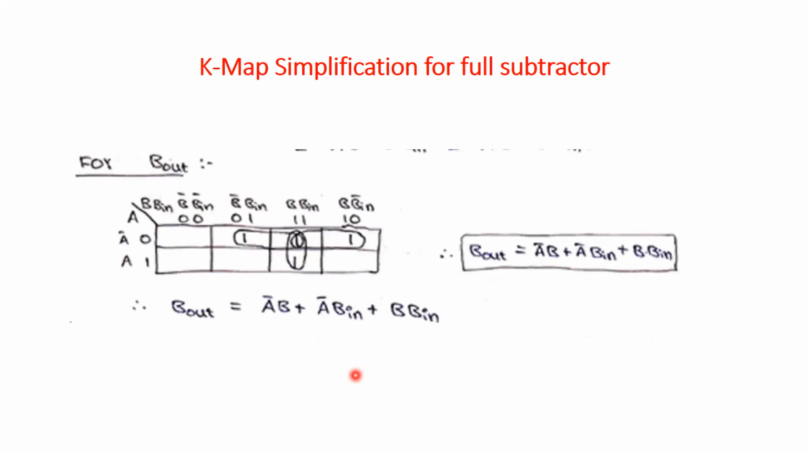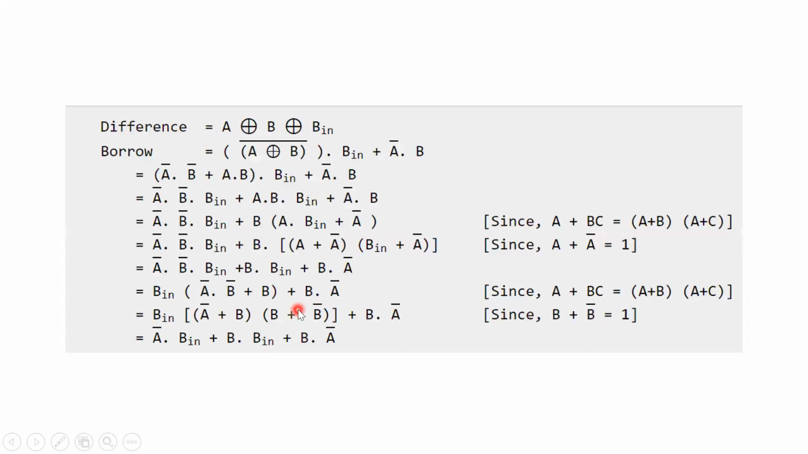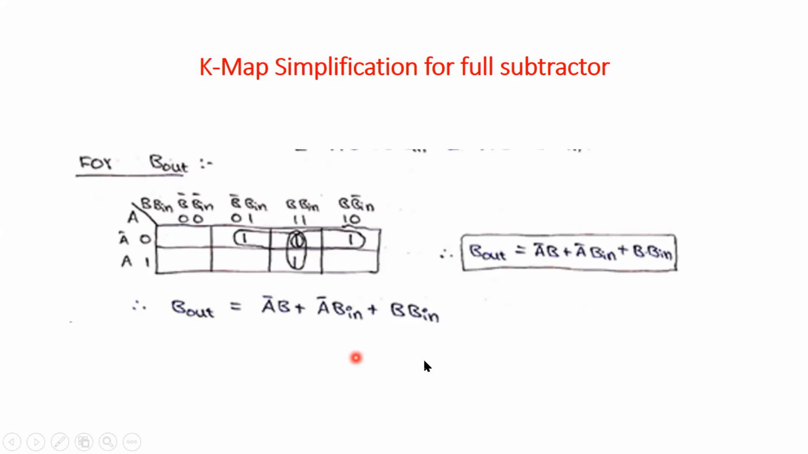Similarly, you have it for the B out. If you have entered over here, these two groups they have mapped, and this middle one they have mapped. So the B out comes out to be this equation. So we will be ending with the K-map simplification of B out and difference, and then tomorrow, because again the circuit will be big, we will see the circuit. So you write down